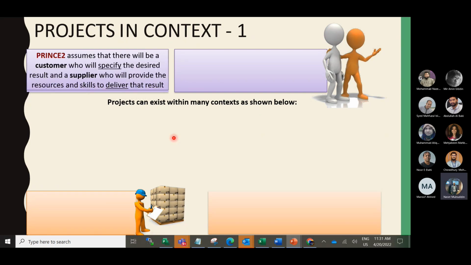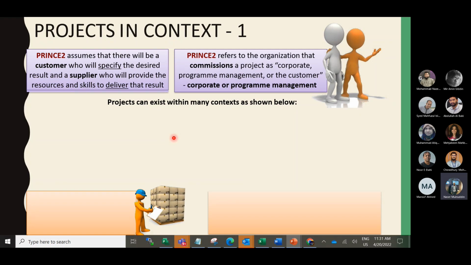Projects in context: Prince2 assumes that there will be a customer who will specify the desired result and a supplier who will provide the resources and skills to deliver that result. That means in our typical scenario, operators require their agenda, that we want to achieve this project, and then we as a supplier will provide our resources to deliver the project so that it is fulfilled.